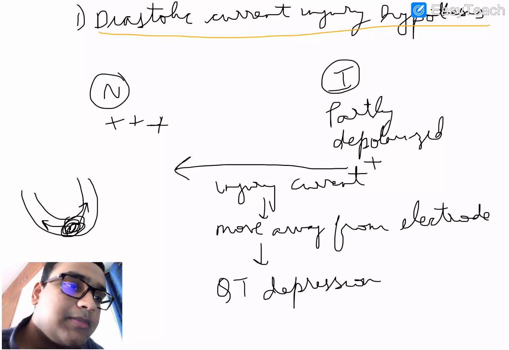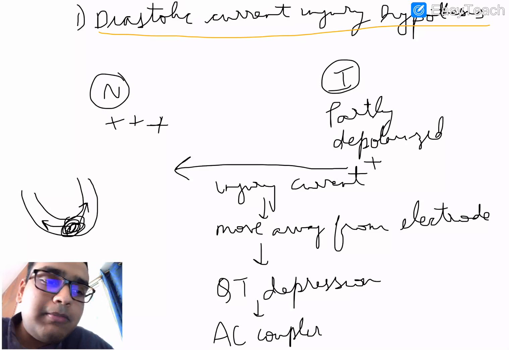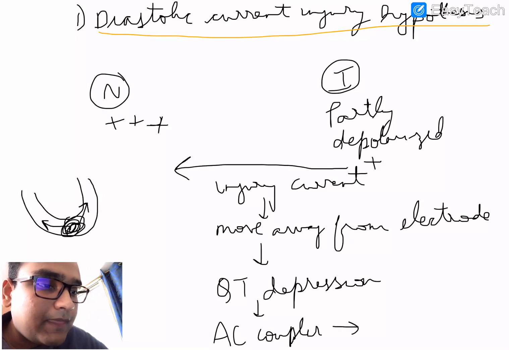So why is it depressed? Because it's moving away from the electrode. The current is moving away from the electrode, so there's QT depression. So when this QT depression is seen, there is something known as an AC coupler within the ECG instrument. This AC coupler is what maintains the calibration of the ECG instrument. So whenever there's this QT depression, this AC coupler tries to compensate, and then it prints the ECG wave showing